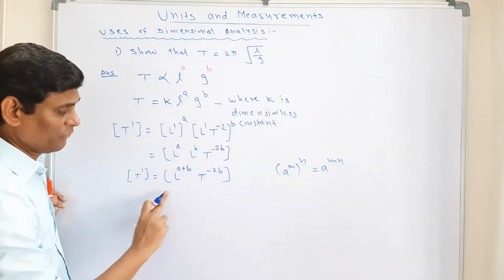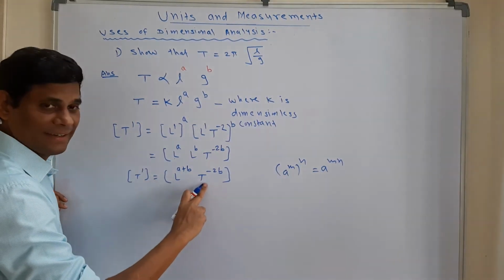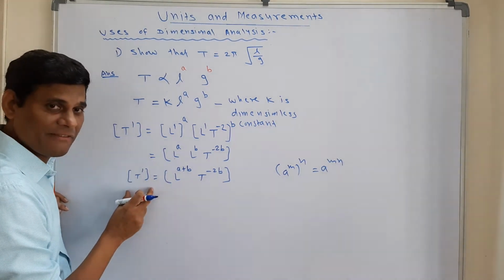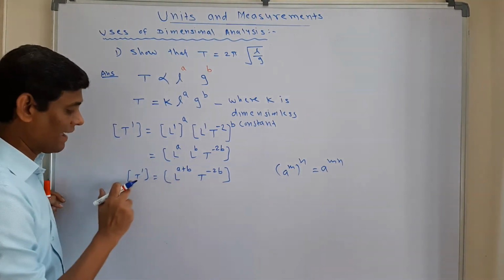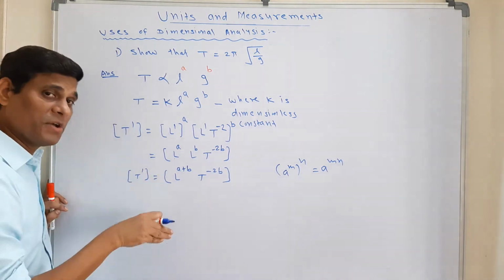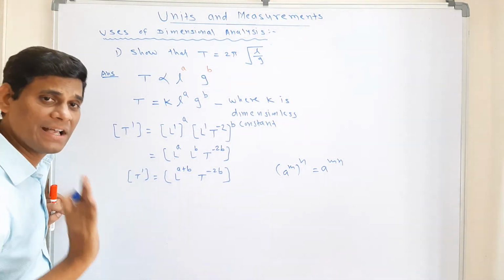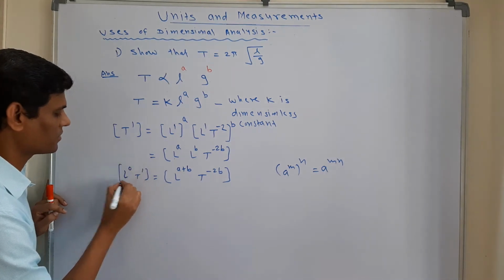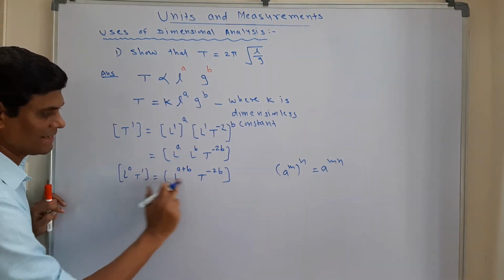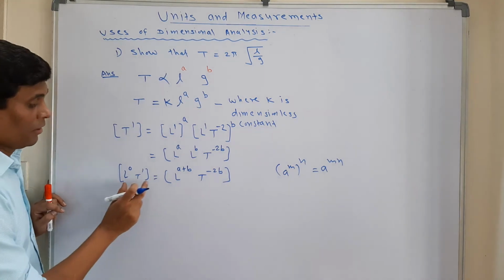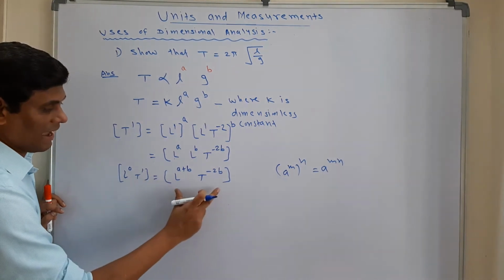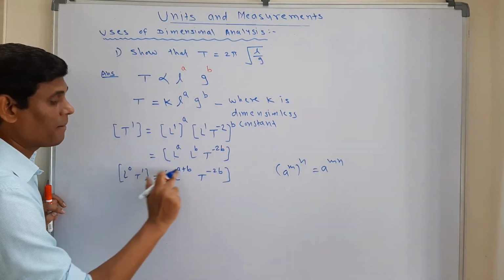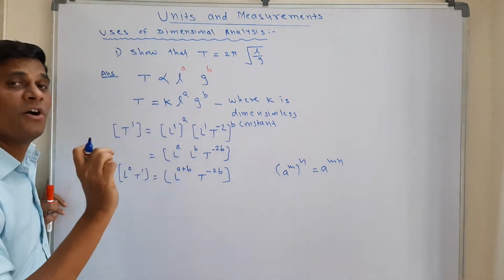Okay. Now if you see students, this side we have L and T, here we have only T. Both sides should have the same physical quantities. So here it is L and T, here L is not present, but if I want to write L, then raise the power by 0. So I can write here L raised to 0 and this T. Now LHS and RHS, base is same, we'll equate the powers by the principle of homogeneity.